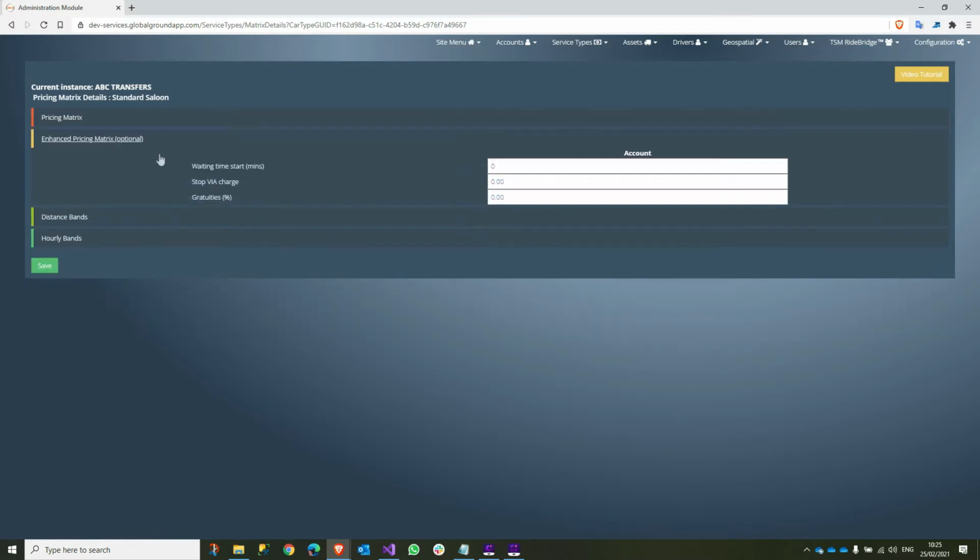On to the next section. So some optional features here. So when does the waiting time start? Do you include the first 10 minutes? And the stop